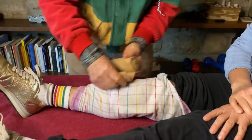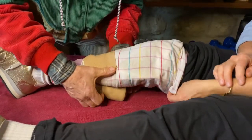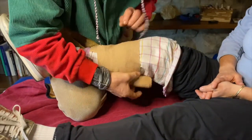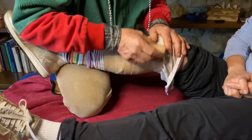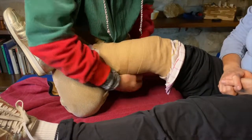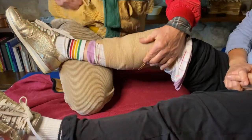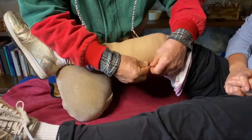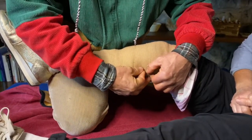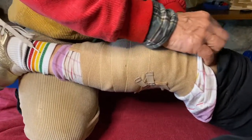Now I'm coming with my bandage, and I start to bandage below. Tight enough, but not too much. So when the patient will be upright, the paste won't slip down. Is it okay? Yeah. Now the patient can pull down the trousers, and she will be in this package until she can feel it's